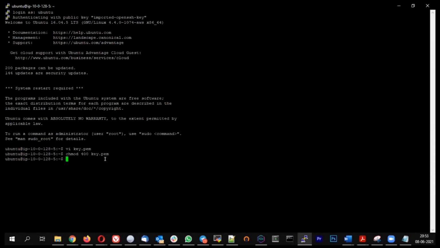This is a security requirement in SSH. The PEM file should be readable only by the owner. So once you change the permission,